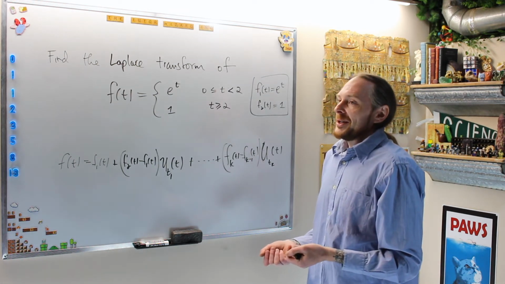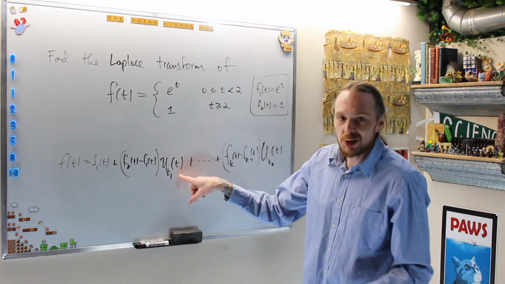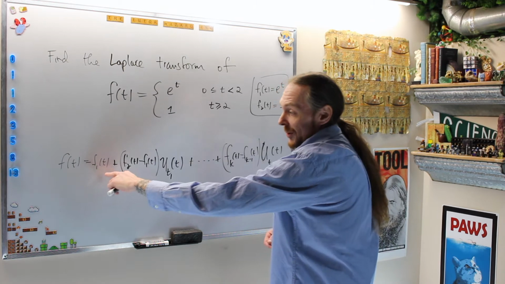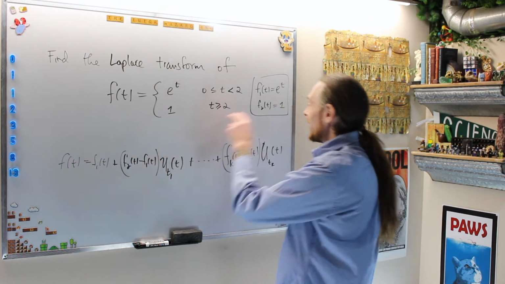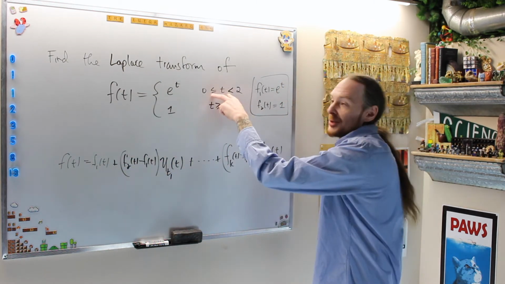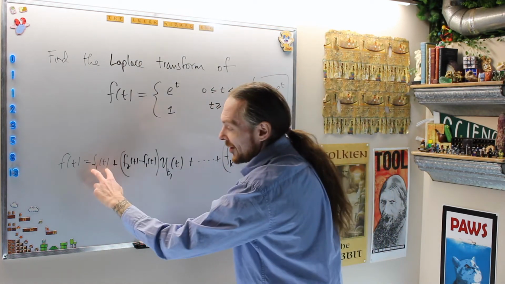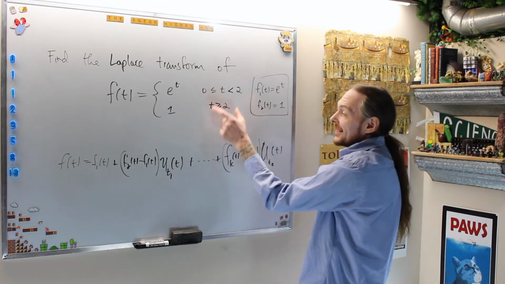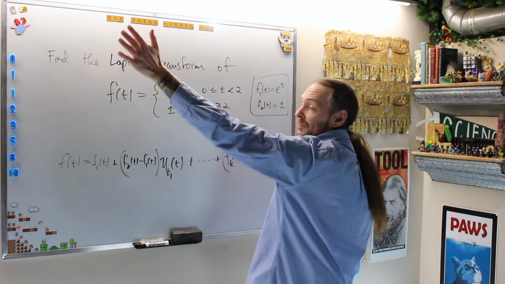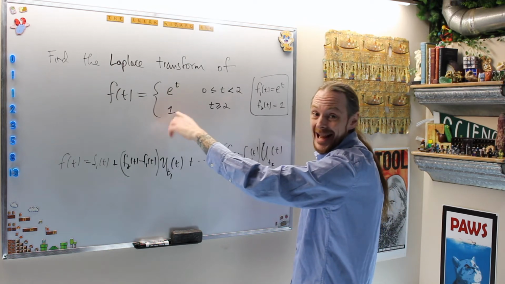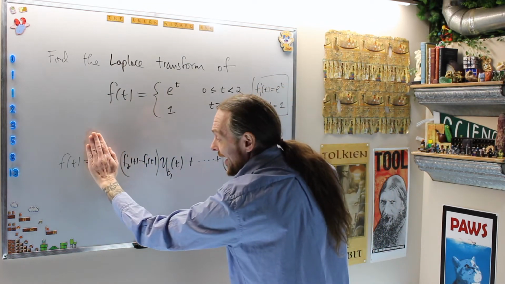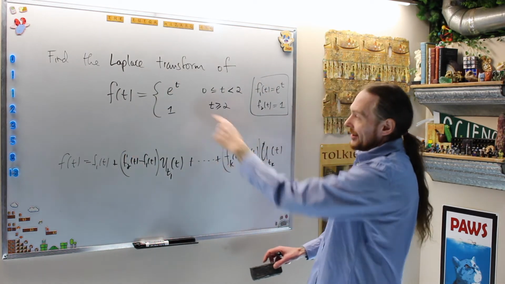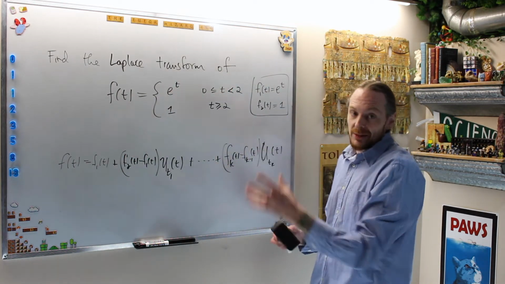And what we're going to do is use functions that turn on and off. They're like light switches. In the first scenario, when we're in the first time interval, we want this function to be on and the rest of these to be zeros. And then after we go into the second interval, I want this function to stop being f, and I want this one to start being f. So I want this one to go away, and I want this one to turn on. Let's describe this scenario with these, and then you can see how they turn on and off in the